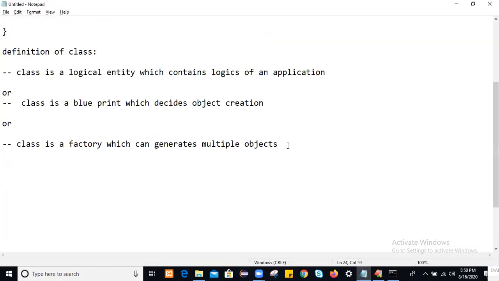That is the class. Then what is meant by an object in Java? How do we create an object in Java?